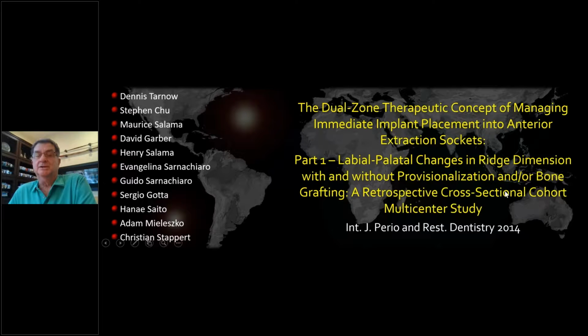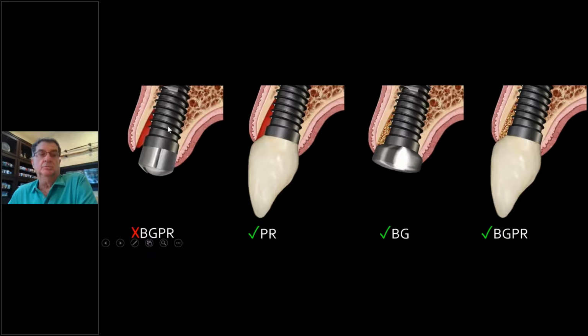So we published this in 2014, and we did 4 different procedures. We did what Uli Grunder did, just put the implant in to the palate, no bone graft, no provisional, just let a gap form with blood. Next one is just a provisional, no graft. Third group, put a bone graft in with just a healing abutment. And the fourth group, everything. Implant, bone graft, and a provisional. Everything, bone graft and provisional. And that's the group, that's what I just did, as I showed you in that clinical picture. And that's why we go to this, you'll see why.